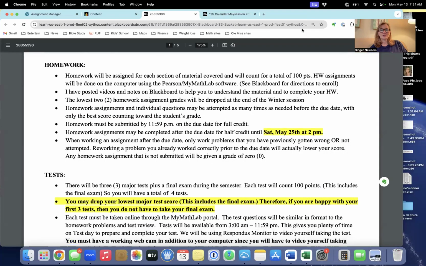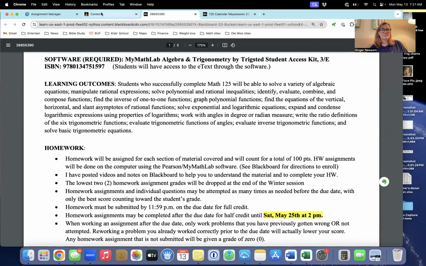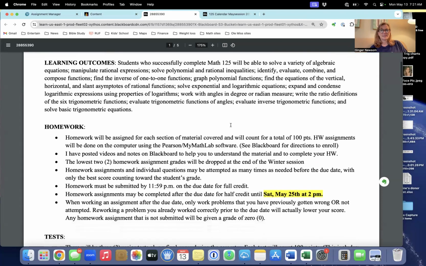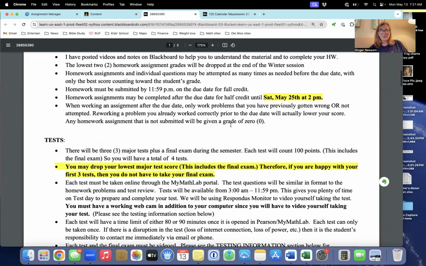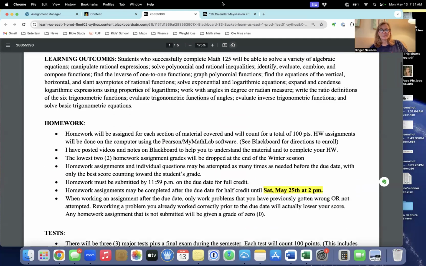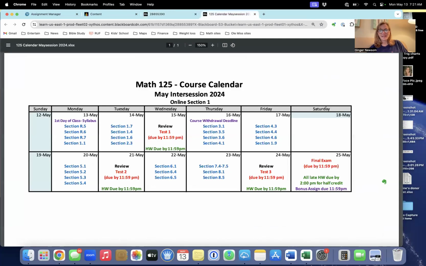Oh no, the calendar. Sorry, it's getting all messed up. You do have a little time late to cover it. Here, let me see if I can get it right there. There's the calendar. Yeah, so if you don't finish your homework from test 1, you do have till Friday at 2 o'clock to finish any unworked homework for half credit. All right, that's what I was trying to say.